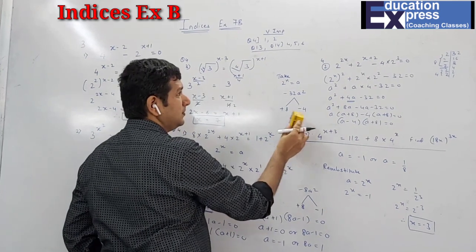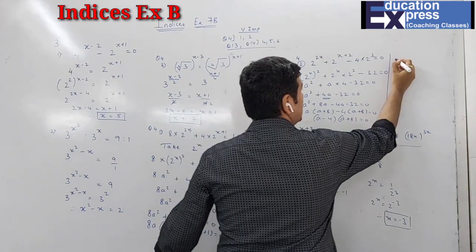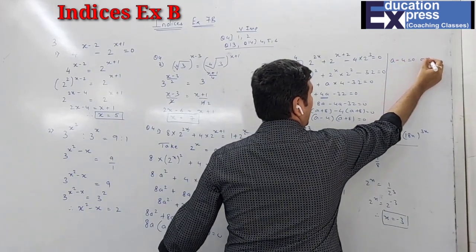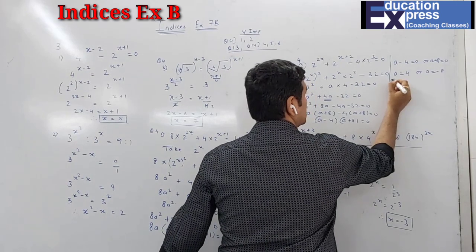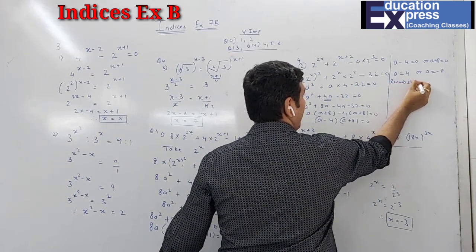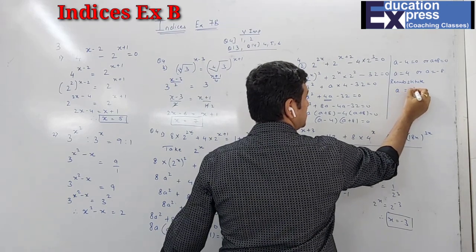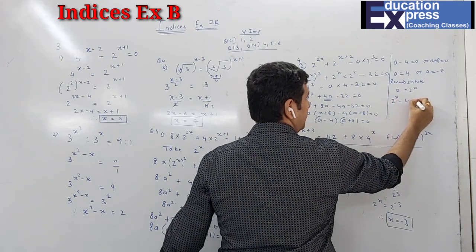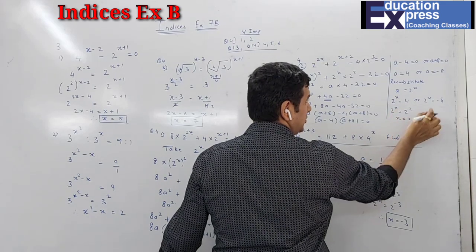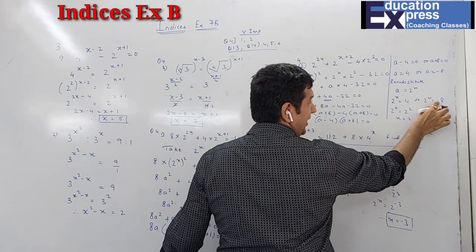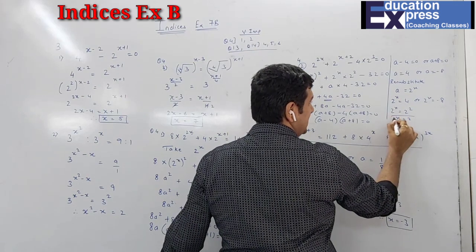So now students, a minus 4 equals 0 or a plus 8 equals 0. A is 4 or A is minus 8. So when you resubstitute, I will definitely take A equals to 2 raised to x. So wherever A is there, like 2 raised to x equals to 4 or 2 raised to x equals to minus 8. So 2 raised to x is 2 square. So x is 2. Here it's not possible for the same reason that here my base is negative, here the base is positive. So I cannot convert this. This will remain as it is, and the answer is x equals to 2.